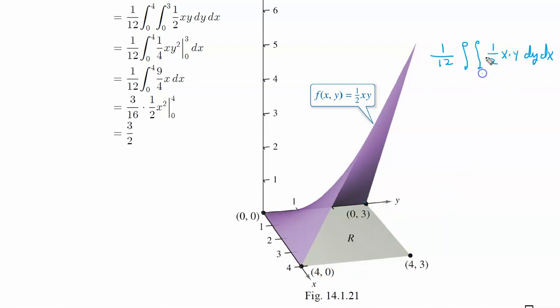So our first limits of integration, curve to curve here, if we think of holding the x fixed, so we pick an x value here and we hold it fixed, we see that the y is going to vary from this curve, which is y equals 0, up to this curve, which is y equals 3. So it's pretty easy in this case because it's a rectangular region. So 0 to 3, remember we think of those as the curve y equals 0 to the curve y equals 3. And then our final integration here with respect to x, this x right here can vary from 0 to 4.